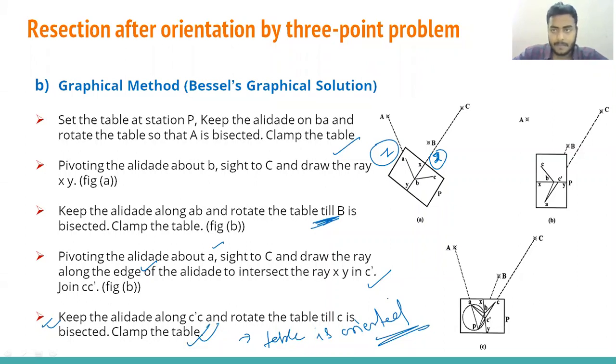How we can rotate, how we are transmitting a point on the field to the drawing sheet. For every step, make another figure. In the PPT, it's very difficult to make a different figure all the time, but for practice, make a different figure for every step. Then you can differentiate: in the first step we have done this, in the second step we have done this. So this is called the second step, this is the third step, and here we can say the fourth step.